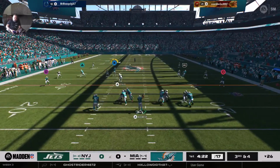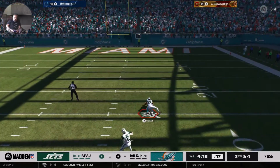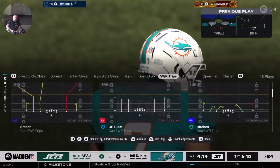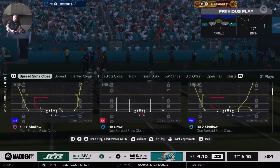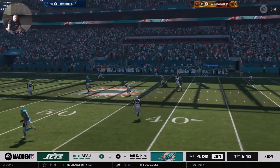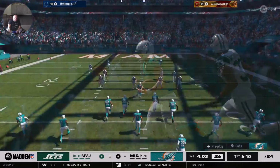They'll throw here on 3rd and short yardage. He's got a man. That's Watson. And he's going to be dragged down, but not until he's inside the 25. A big-time play for the Dolphins. And even 50 yards. They really showed off their connection on that pitch and catch, Mike, and just really good